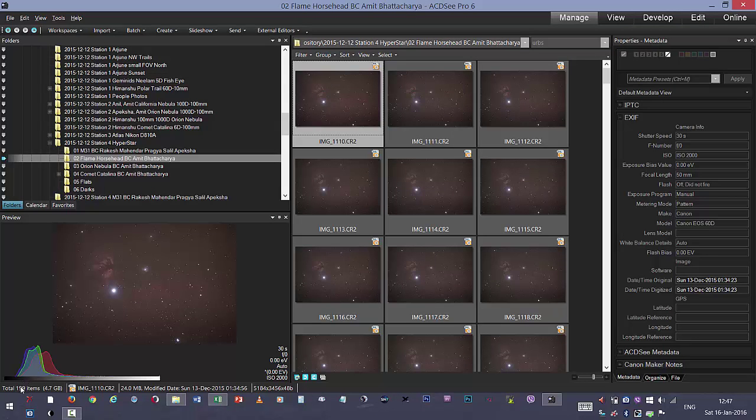And you can see that 199 images of this object have been shot. Each exposure is 30 seconds at 2000 ISO. So along with that,